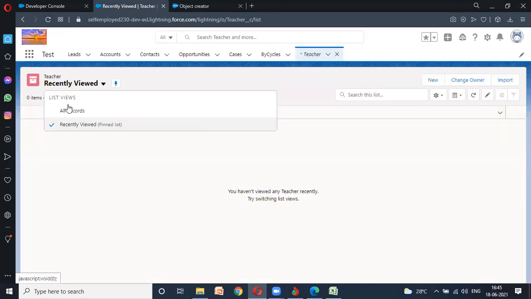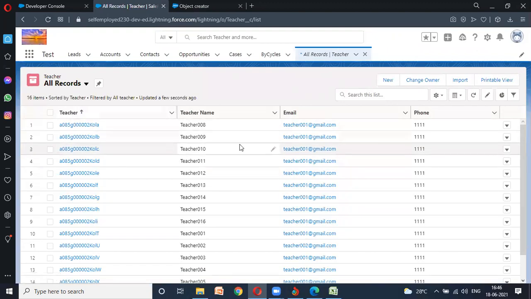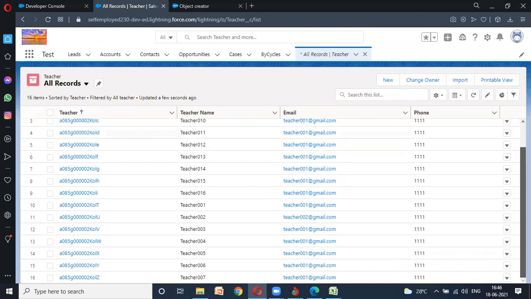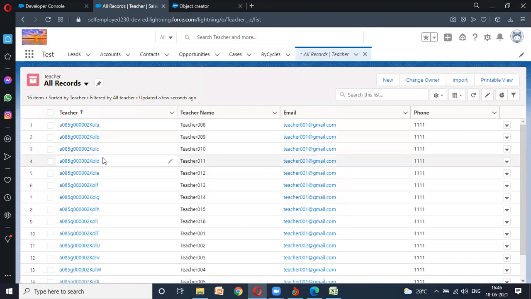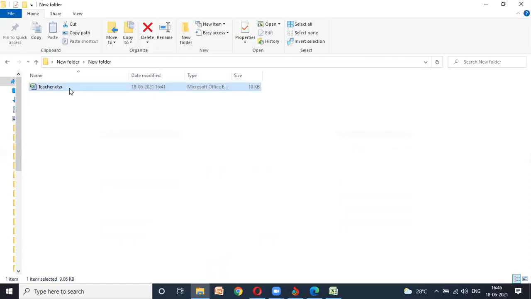Go here, click all records. Okay, some records are showing and you can see all the email IDs are the same as I gave. But a few of you may think, sir, it already started showing before the upload finished, how can we believe it? So let me show you a second demonstration as well. This one we did with an Excel sheet; the second one is with a CSV file.